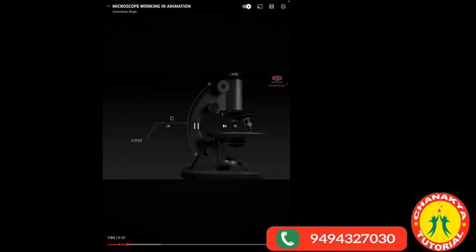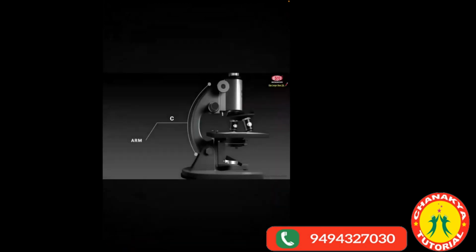Holds the body tube in place over the stage and the base. D. The revolving nosepiece holds